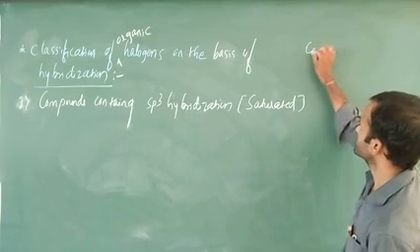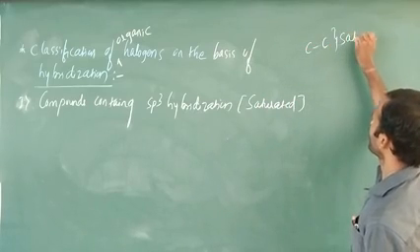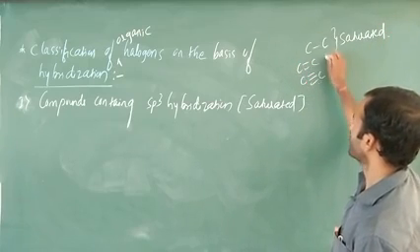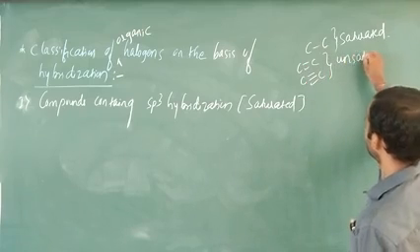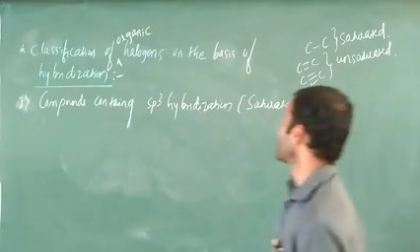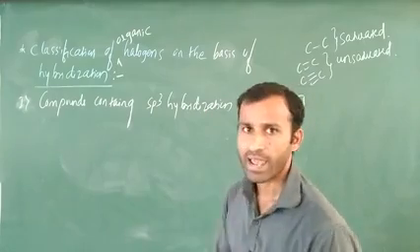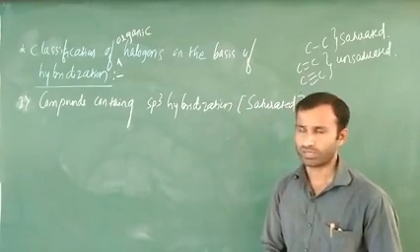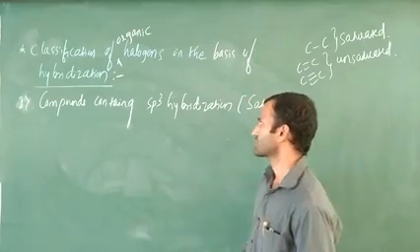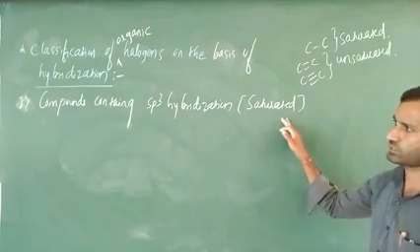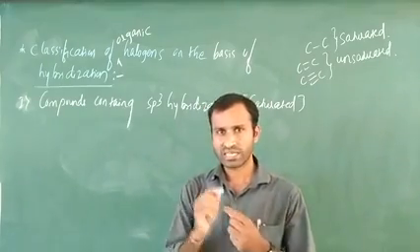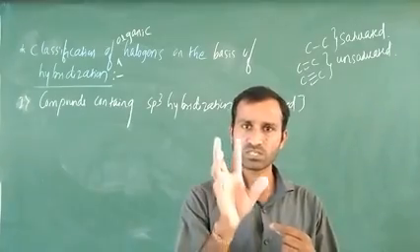Saturated means what? Carbon carbon single bond is a saturated compound. Next one, carbon carbon double bond, carbon carbon triple bonds are unsaturated, okay. This one indicates compounds containing sp3 hybridization. Second one, compounds containing sp2 hybridization, that is unsaturated. Okay, we are going to discuss first one, after that we will discuss second one. The first one, compounds containing sp3 hybridization, indirectly saturated. Means the halogen atom attached to a carbon, that carbon must be saturated.